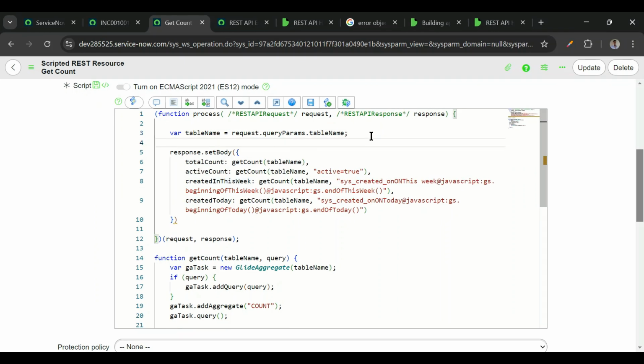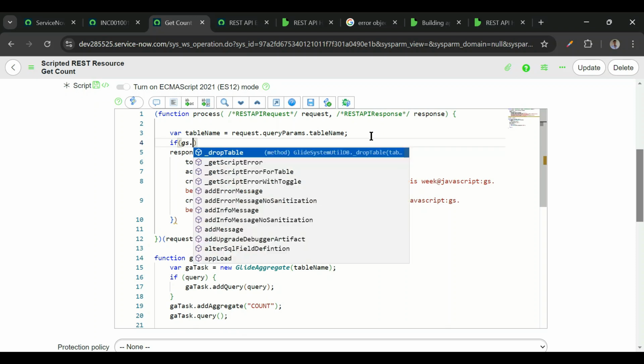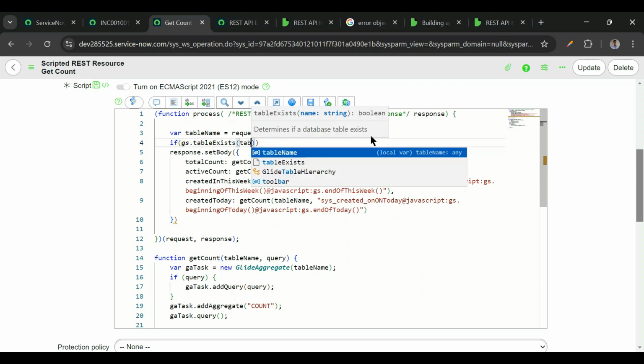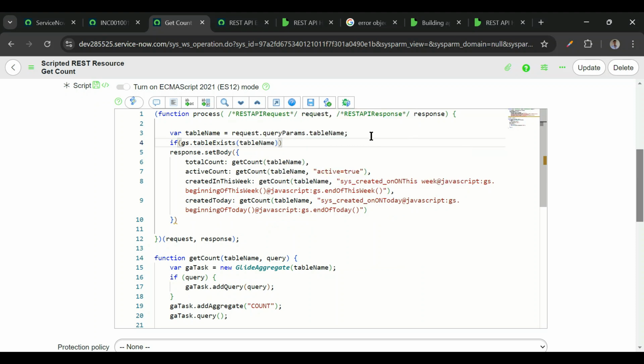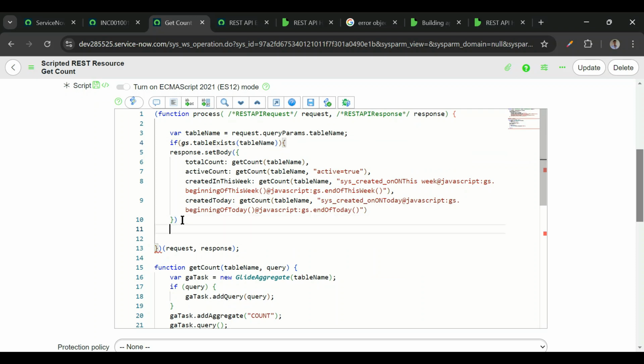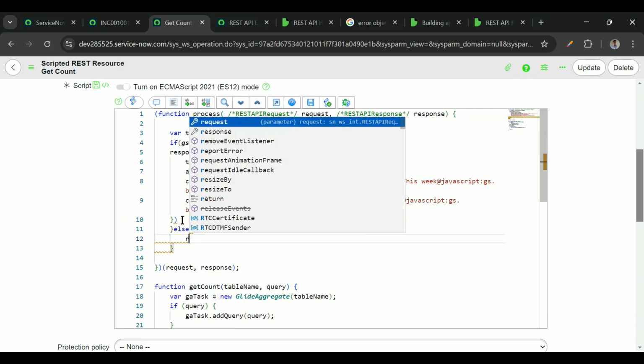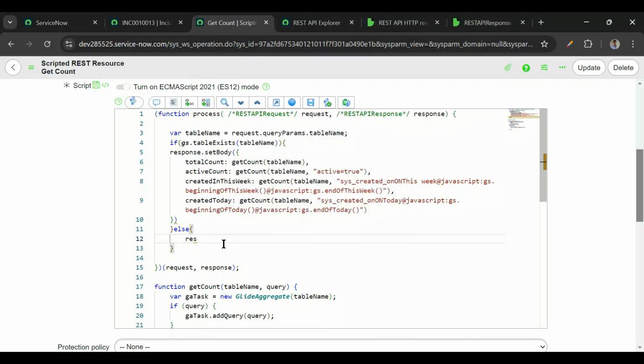Okay, for that we'll add one if condition here, and we'll use the function in the glide system, that is gs.tableExists. Okay, and then we'll pass the table name. If the table exists in the system, then it returns true, otherwise it returns false. Okay, so once it returns false, then we'll send the error from here. Okay, we'll use response dot